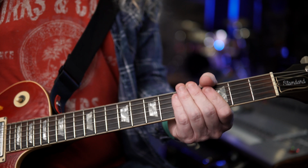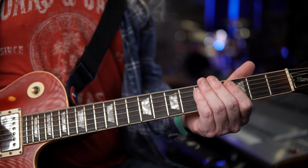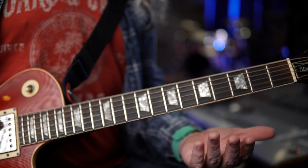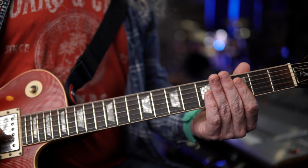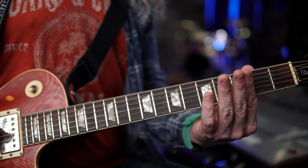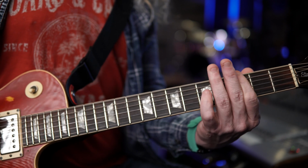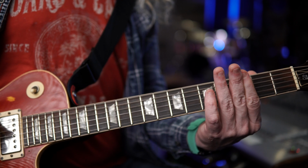So we're going to get on to the Soundgarden song first. I explained that somewhat in the intro, but I'll go over it again with a little bit more of a close-up feel. So I'm playing the... Right, so I'm open, then the 3rd fret, the 5th fret, the 3rd fret, back to the open, then,